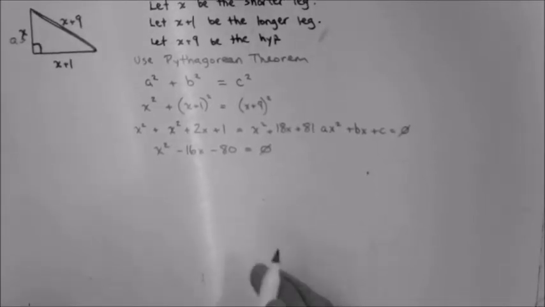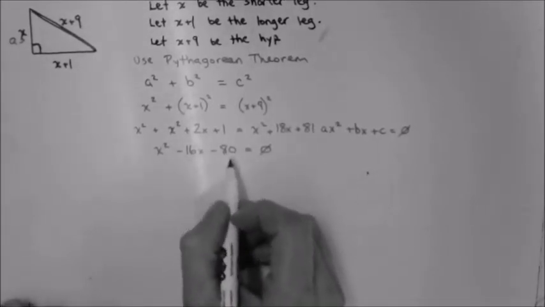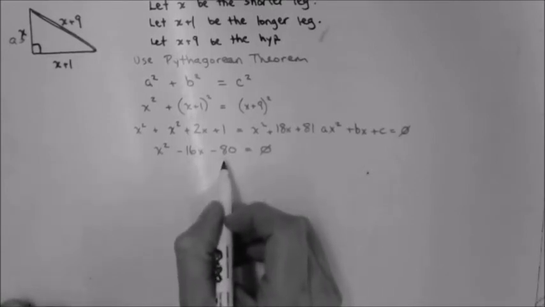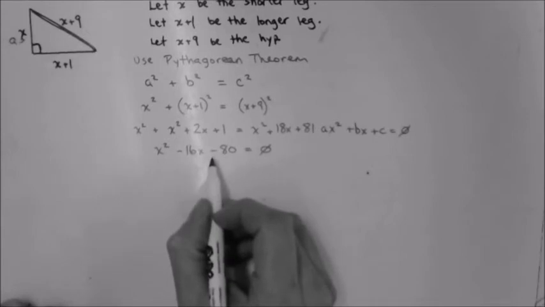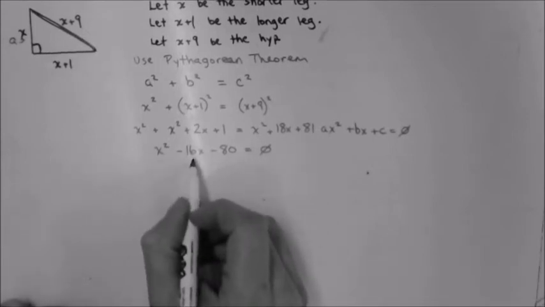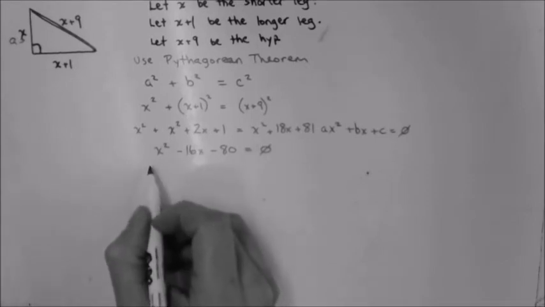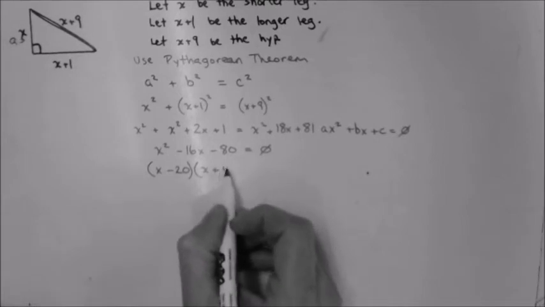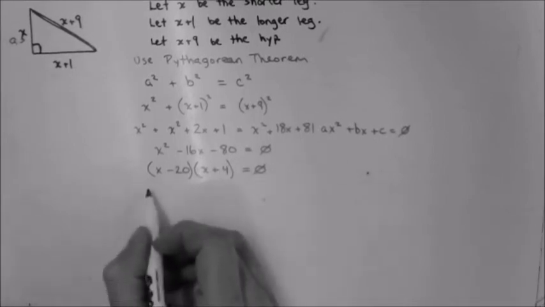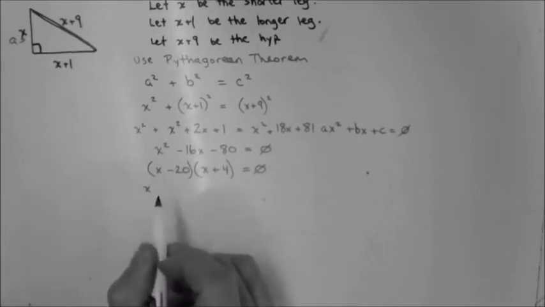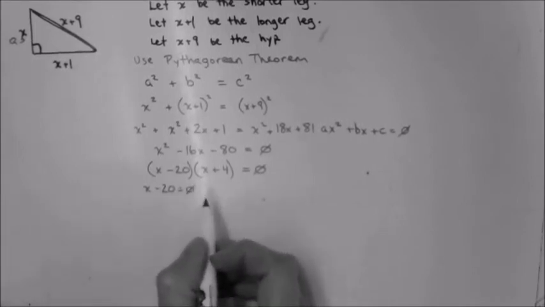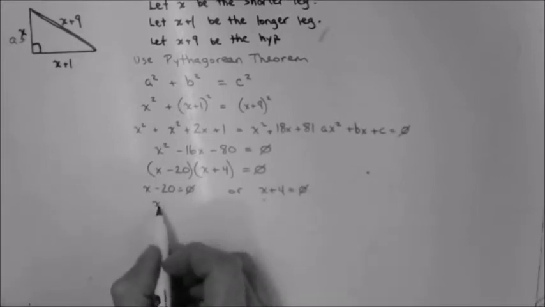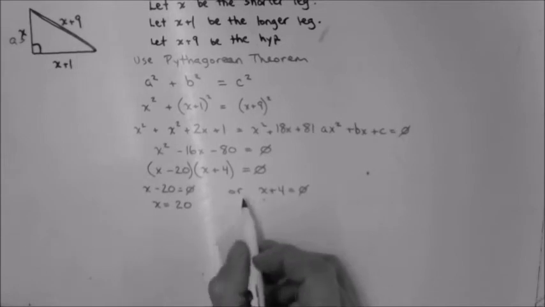I'm going to use sum and product. I'm looking for two numbers that multiply to negative 80 and add to negative 16. I know 20 times 4 is 80. One of them has to be negative. The bigger one is going to be negative because I'm left with a negative here. So I know that my two numbers are going to be negative 20 and positive 4, which tells me that, I'll do the work here, x minus 20 equals 0, or x plus 4 equals 0. So the solutions, x equals 20, or